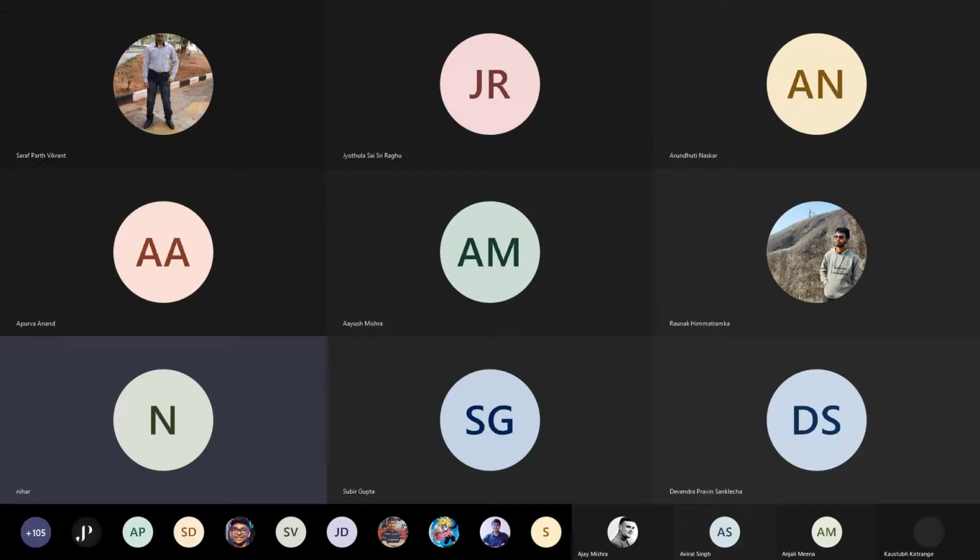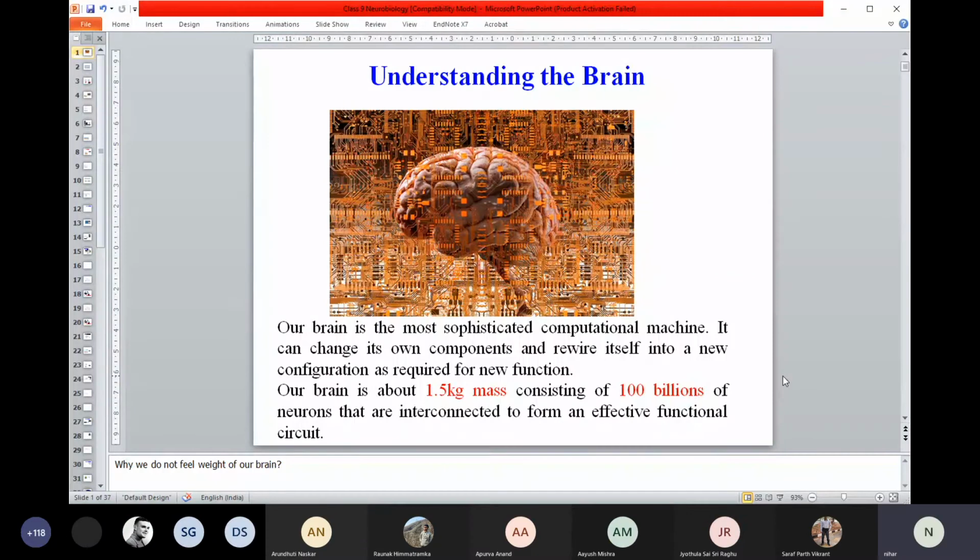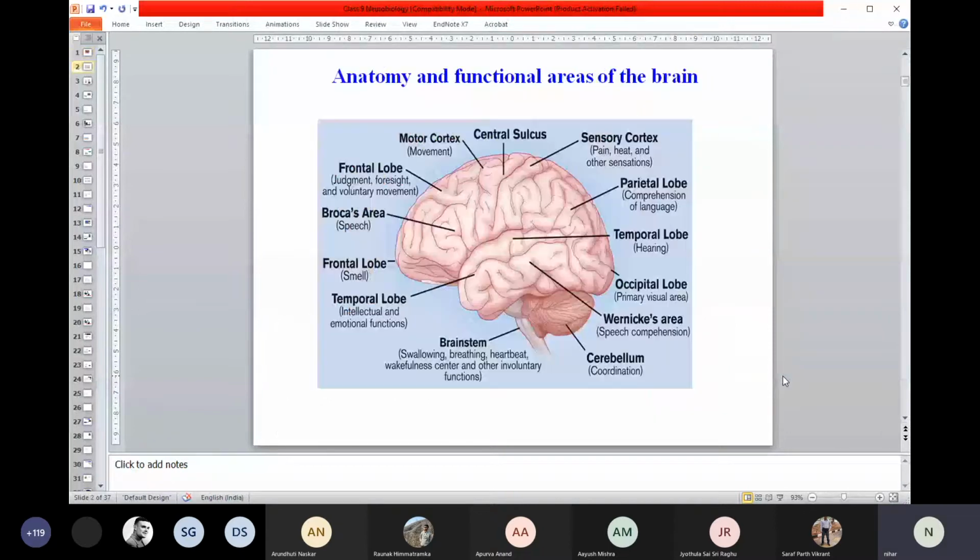What is the neuronal circuit that governs that kind of specific task? So we really don't know anything about it. Okay, so anyway, we'll see over time what we can try to explain. Let's first try to be familiar. This is a very simple thing, I'm just trying to tell you, just be familiar about the different parts